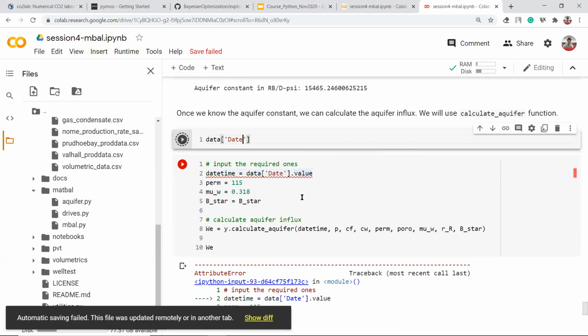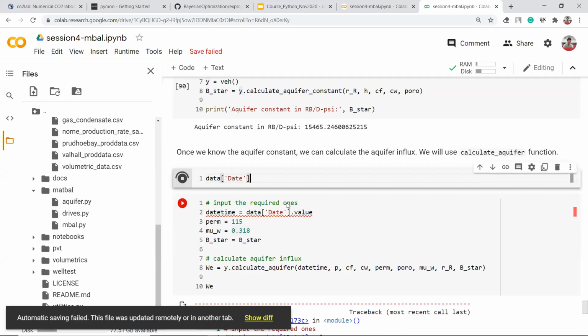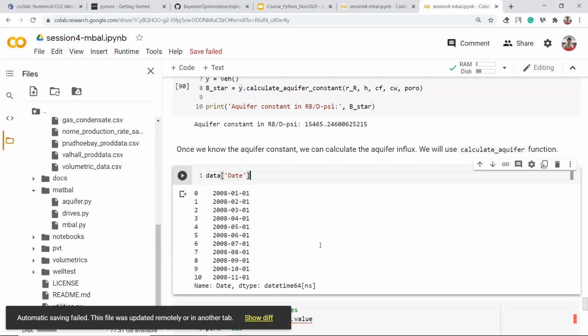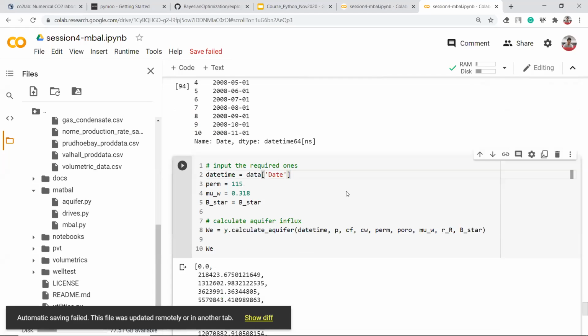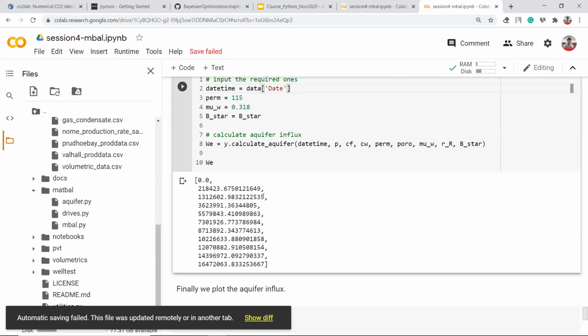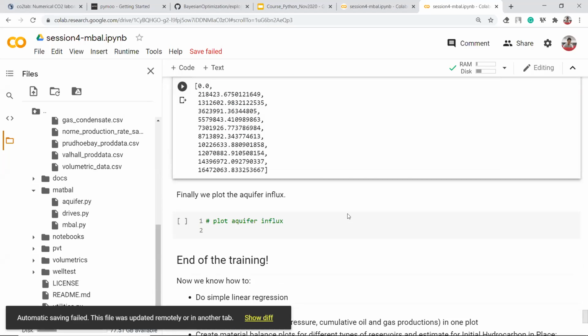Data date has no variable. Okay, so just take, data date has no variable. Data date. Okay, this one is our aquifer influx result. And after this,